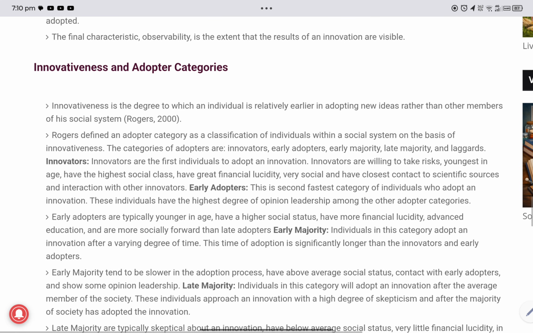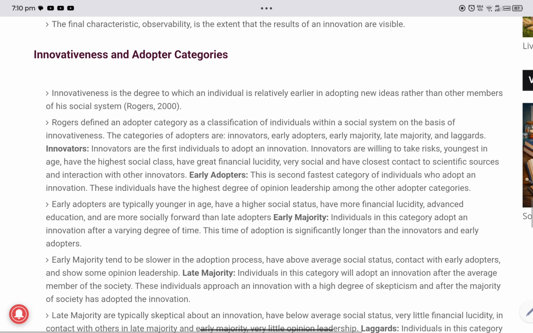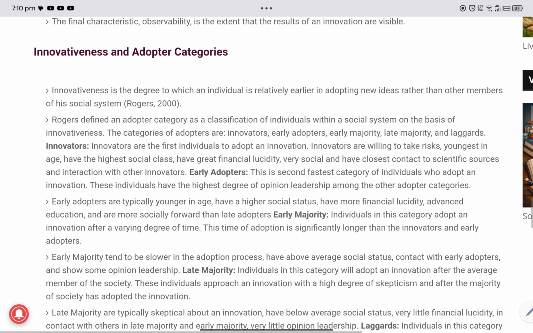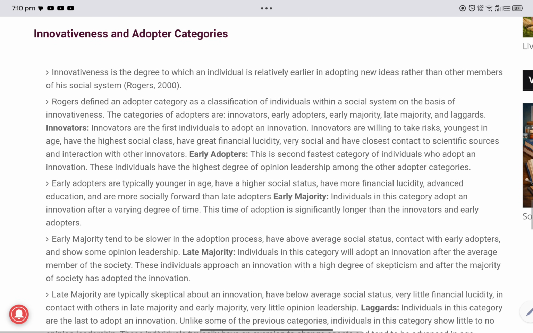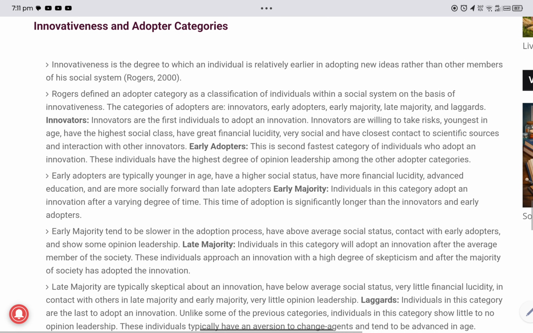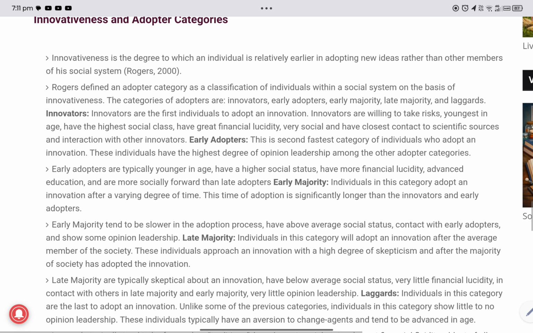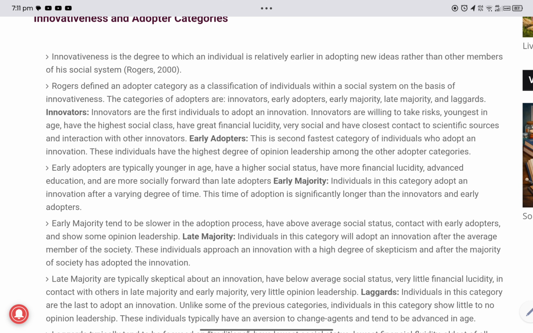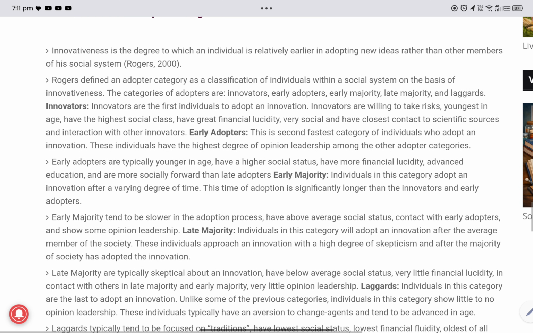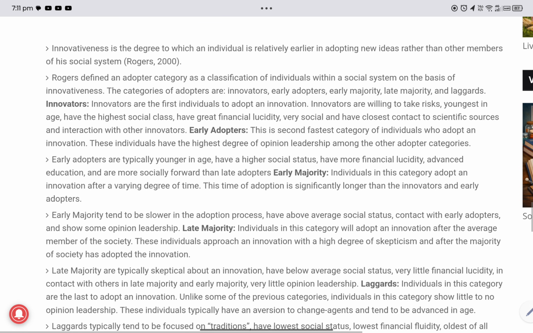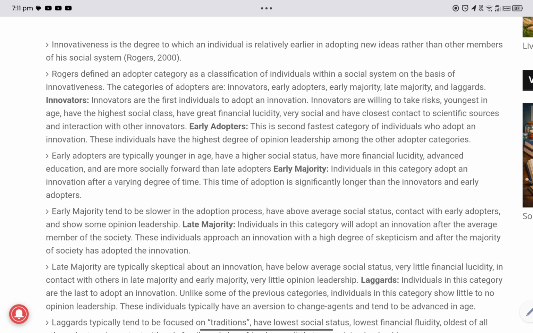Innovation adopter categories. Innovativeness is the degree to which an individual is relatively earlier in adopting new ideas than other members of his social system. Rogers defined an adopter category as a classification of individuals within a social system on the basis